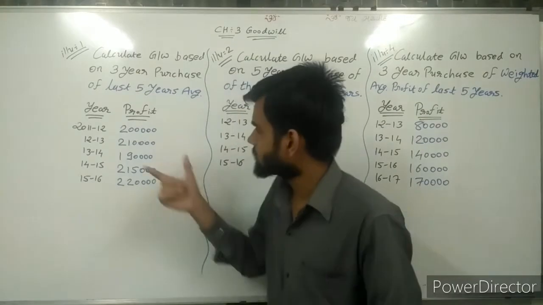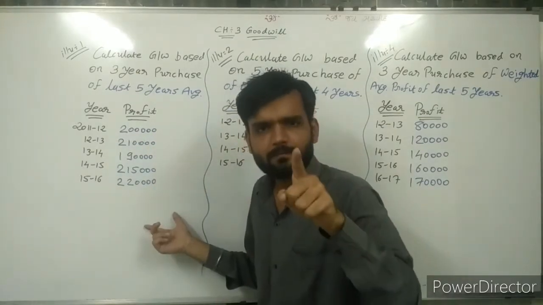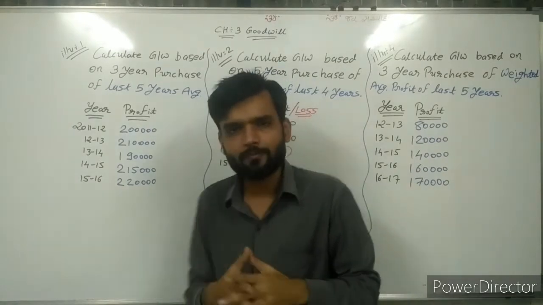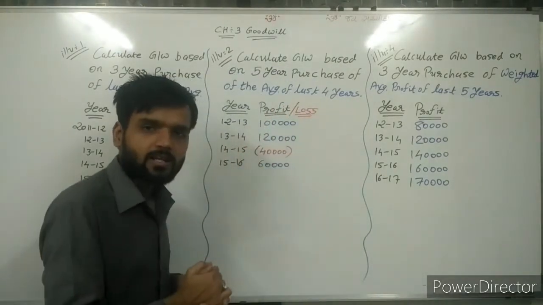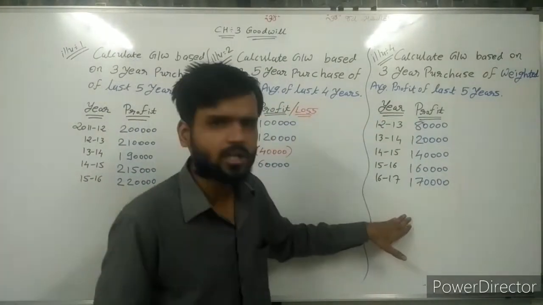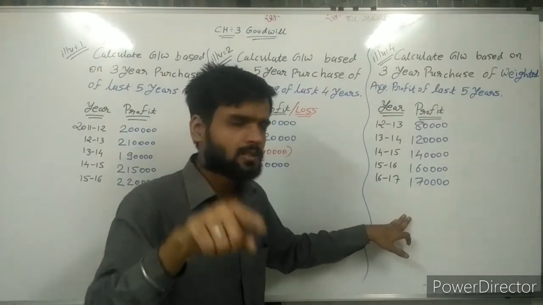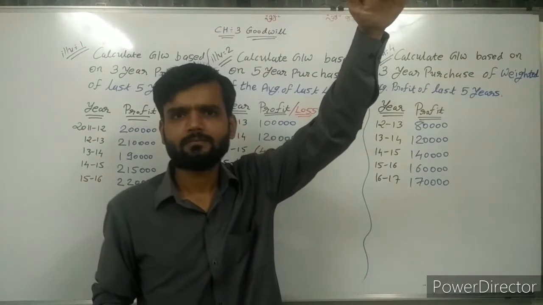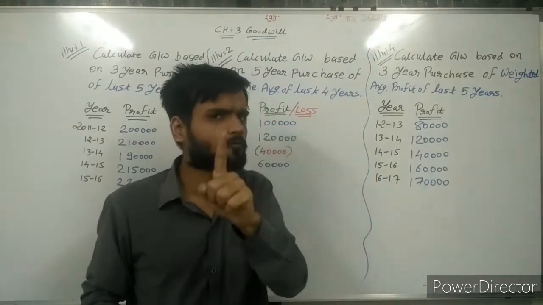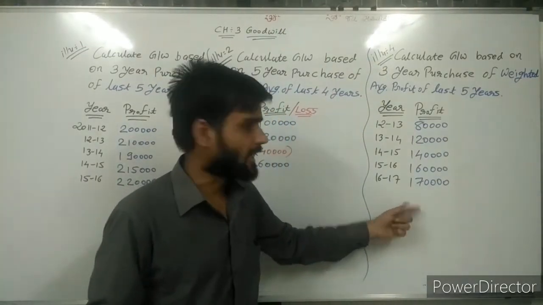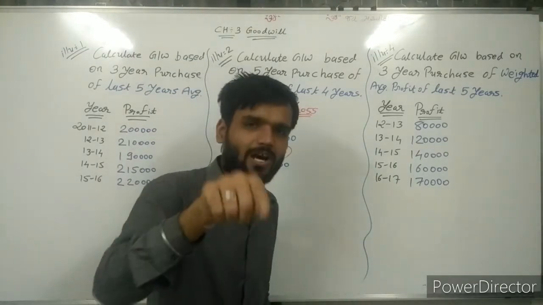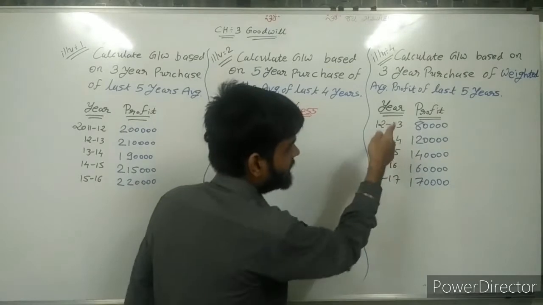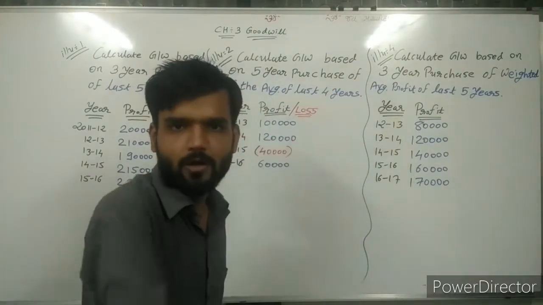So sir, here some variations are there. Sometimes increase, sometimes decrease. Both situations are there. Here more variations are there. But if we look at the profit of the third company, then we can say, sir, it is growing every year. If we are talking about the third sum, then it is growing every year. And that's why if we need to give weight, then give weight to this third firm.